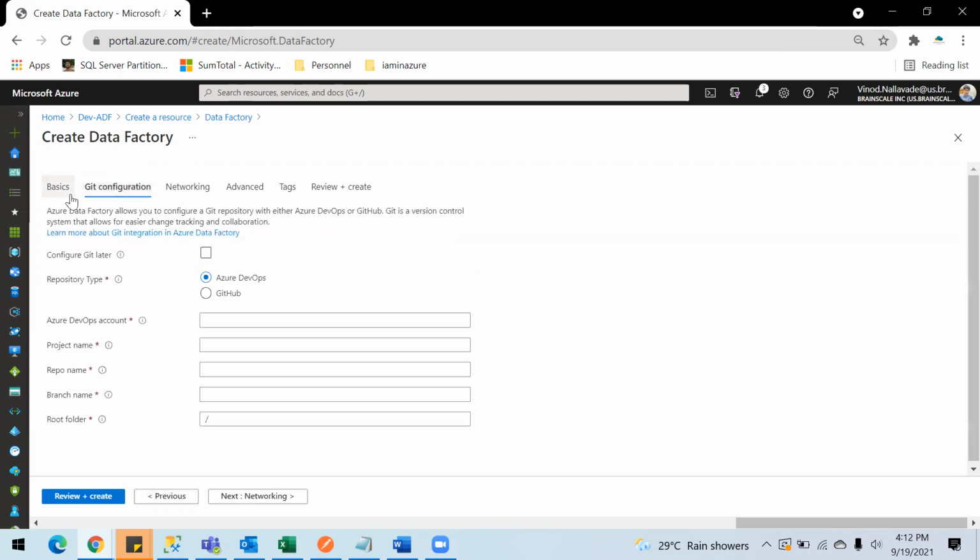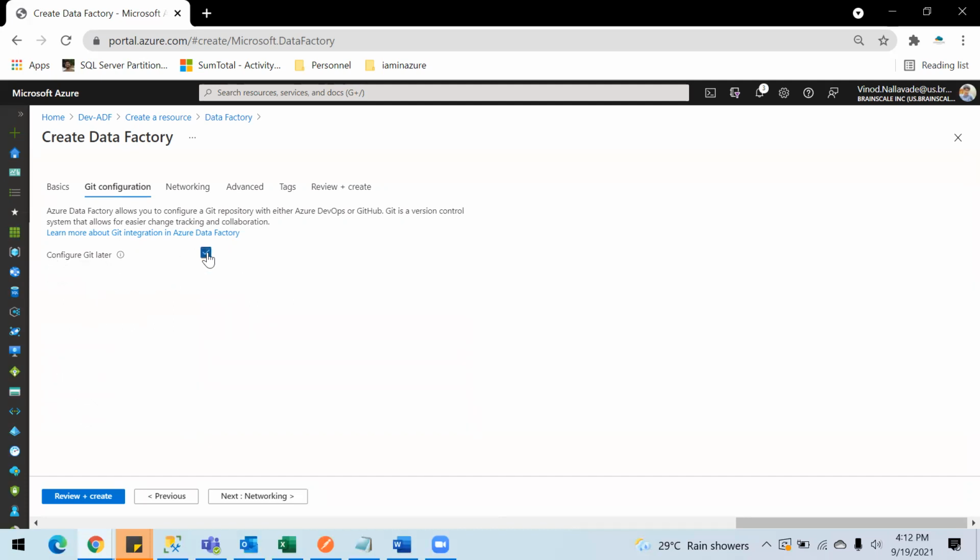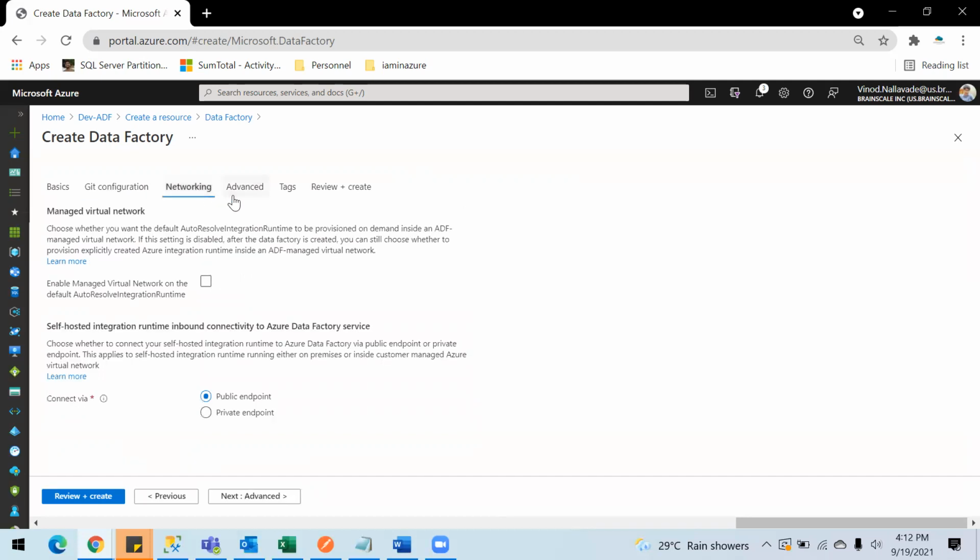And in the next tab, you have this configuration with Git. If you have your data sets or linked services or pipelines already configured, and you have them as ARM template files, you can just configure this Git, so that you don't need to create everything from scratch. You can just get all the pipelines, all the services, all the data factory data sets and pipelines readily available. We don't have that, so I'm just going to ignore this for now and put it as configure later.